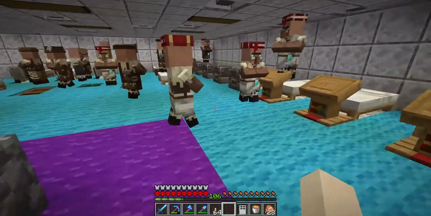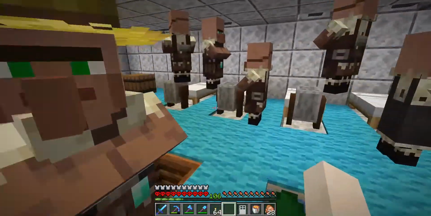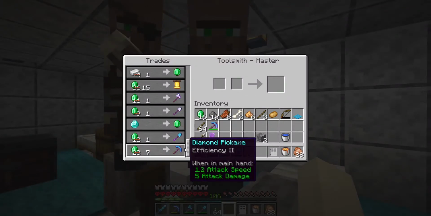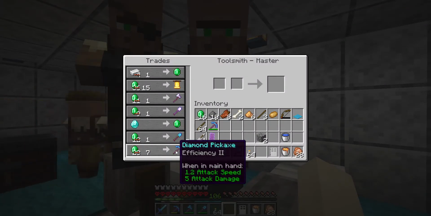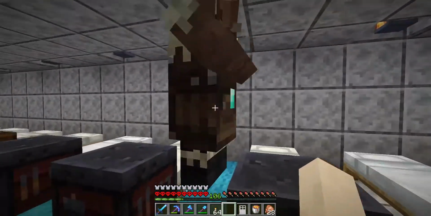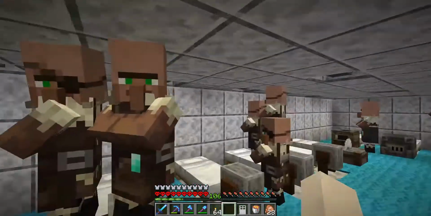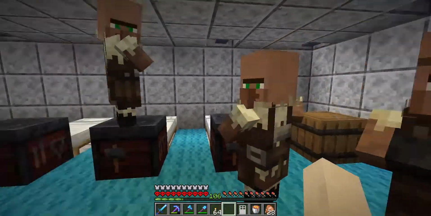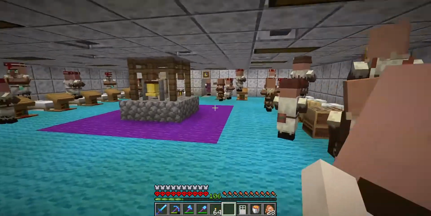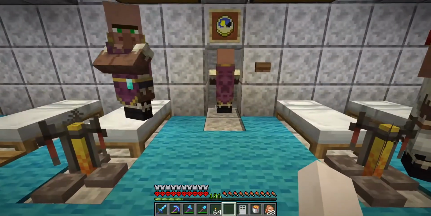I have a pumpkin farm. I think it's 42 pumpkins long up top right now. There's a toolsmith. Pickaxe. Enchanted pickaxe. 7. So that's not bad. Here's another smith. This one's in breaking 2. This guy over here was efficiency 2. So if I just buy a few of those pickaxes, use the anvil to combine them, we're talking a pretty